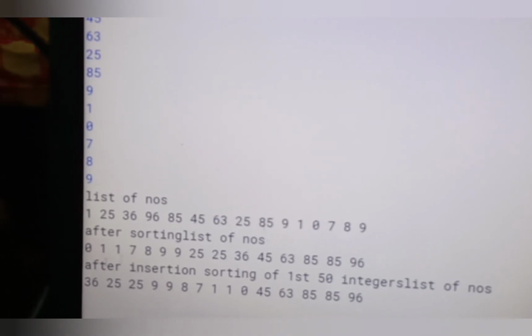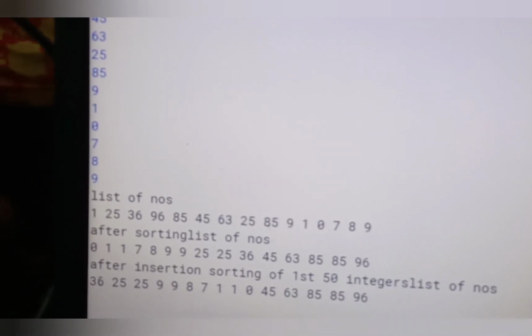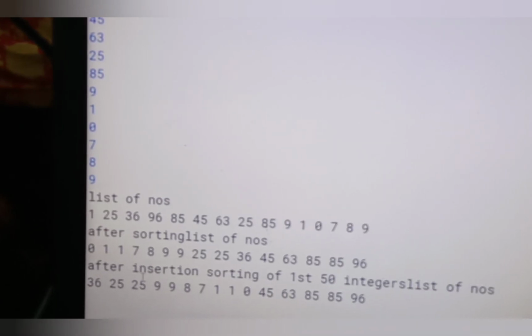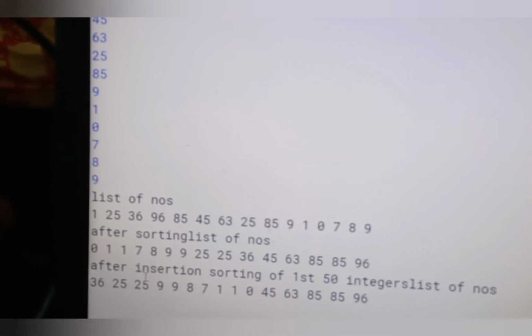You can see in descending order: 36, 25, 25, 9, 9, 8, 7. Then it will start with 1, 2, which means ascending order. And here, I think 5 or 7, I'm taking 1 to 7 elements arranged in descending order by using the insertion function. So this is the program of your lab manual.